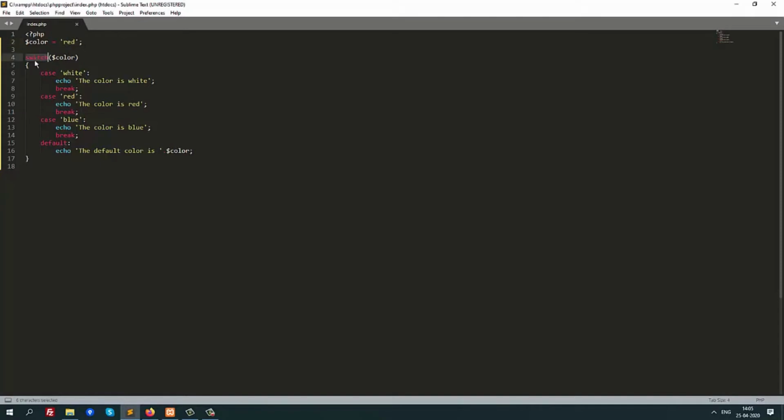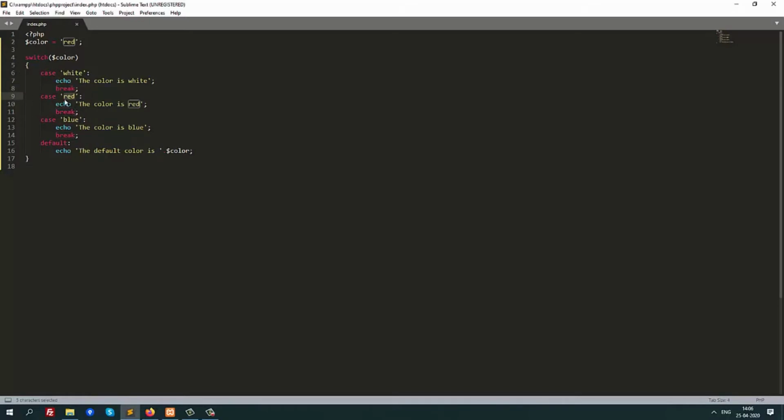Now here we have the syntax for switch case. Switch takes $color as a parameter, and then we have the curly brackets, and here we have the multiple cases. Case white, that means when the color value is white, then echo: the color is white. Then we have the break. We are using break here because the break will stop executing the remaining checking for the color.